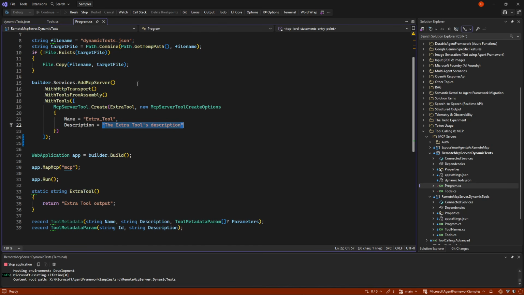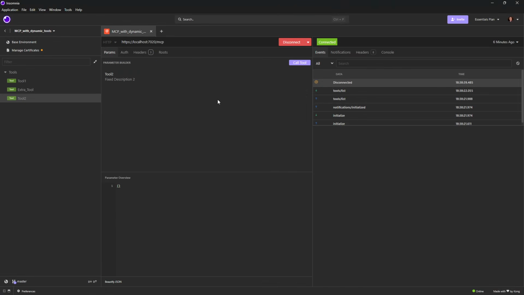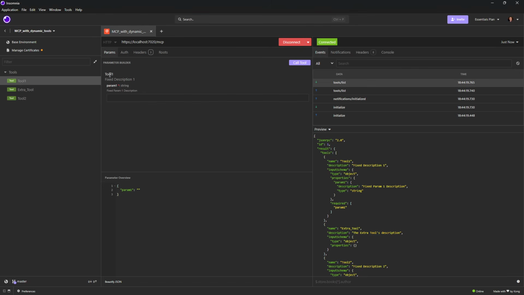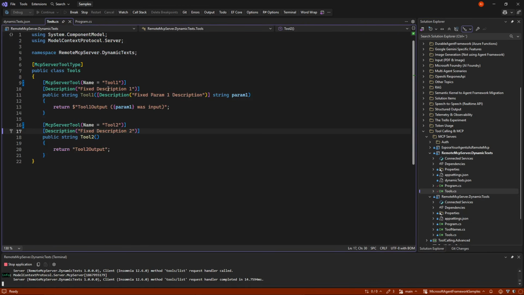So whenever I connect to this MCP server, I will get back the fixed description with the fixed parameter description, the extra tool, and over here. So now I have deployed, meaning I've just run F5 in this case, but if I wanted to change anything, I would need to go into my code, change it here, rebuild the code, and redeploy.